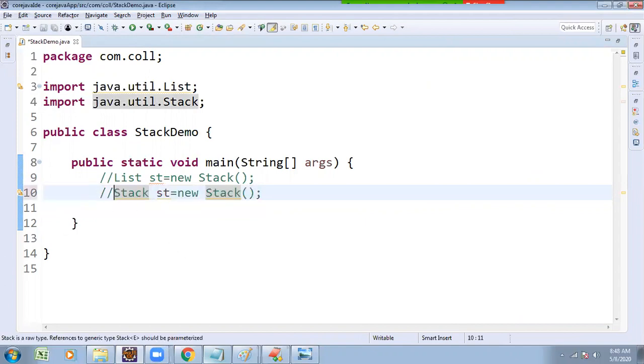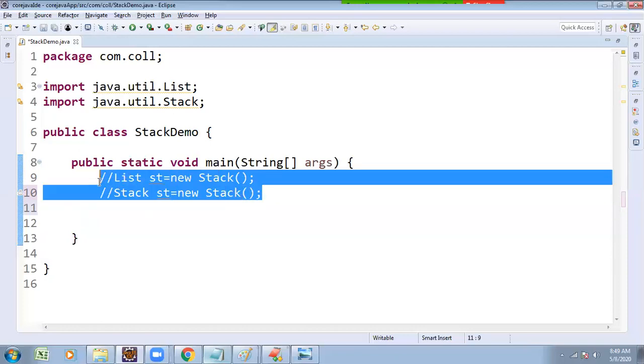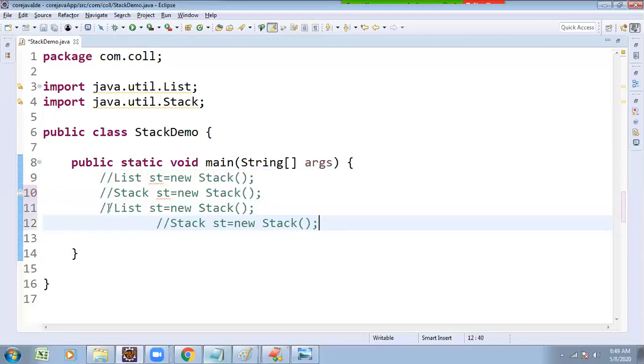These syntaxes can be applicable in JDK 1.2. From JDK 1.2 version till JDK 1.4 version, this is the only procedure they use. But from JDK 1.5 version onwards, they introduced the generic collection concept. Instead of writing these 2 lines of code, try to observe how I am going to present it.